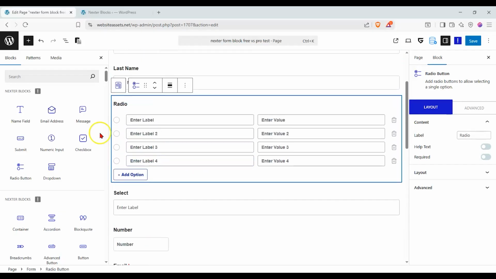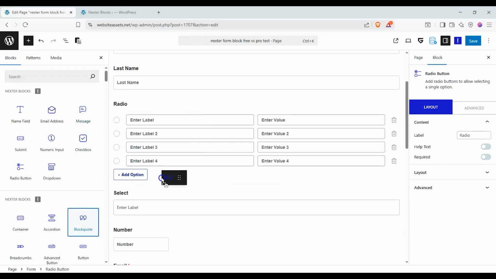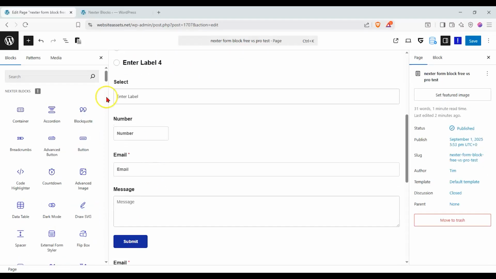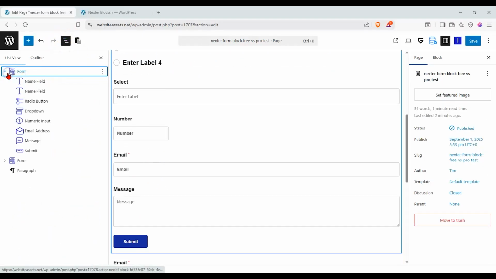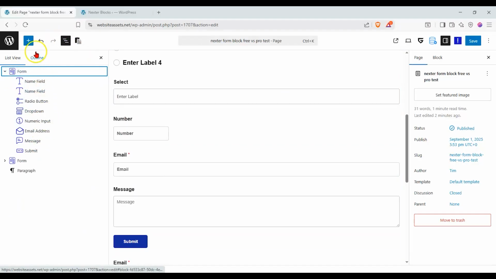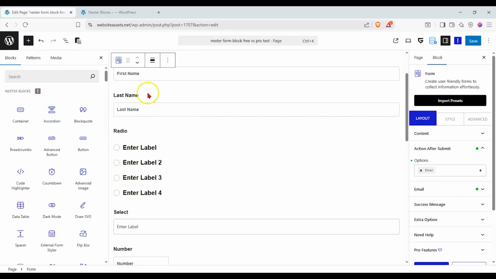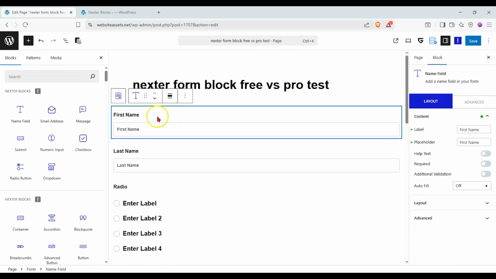And you won't be able to insert anything in between, as you can see, right? So that's something to be mindful of when you go ahead and try to customize and configure your